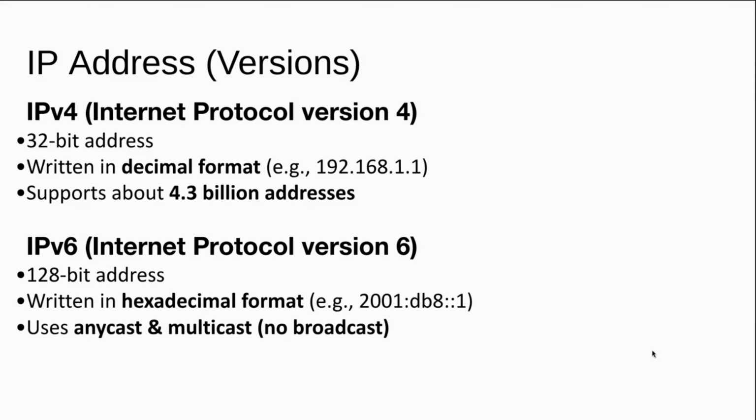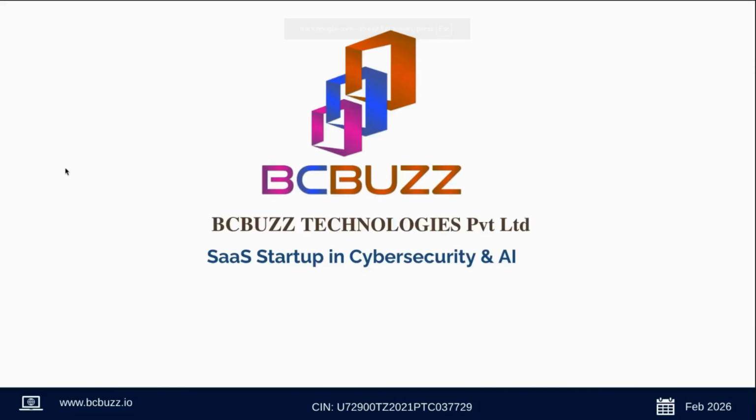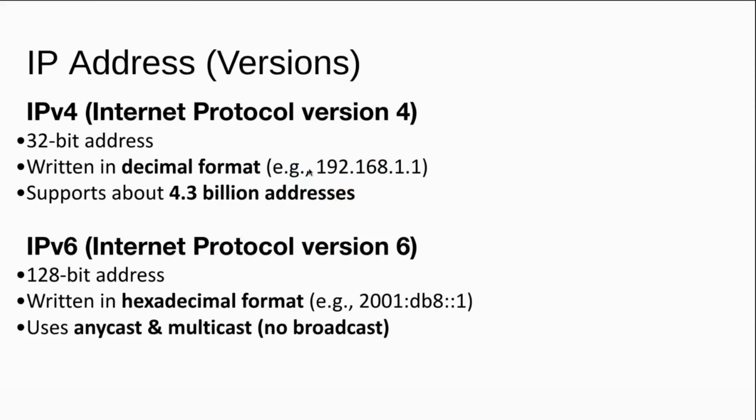Next, IP address versions. There are two types of IP address versions. First is Internet Protocol version 4 and the other is Internet Protocol version 6. Firstly, IPv4. It is a 32-bit address written in decimal format. Example: